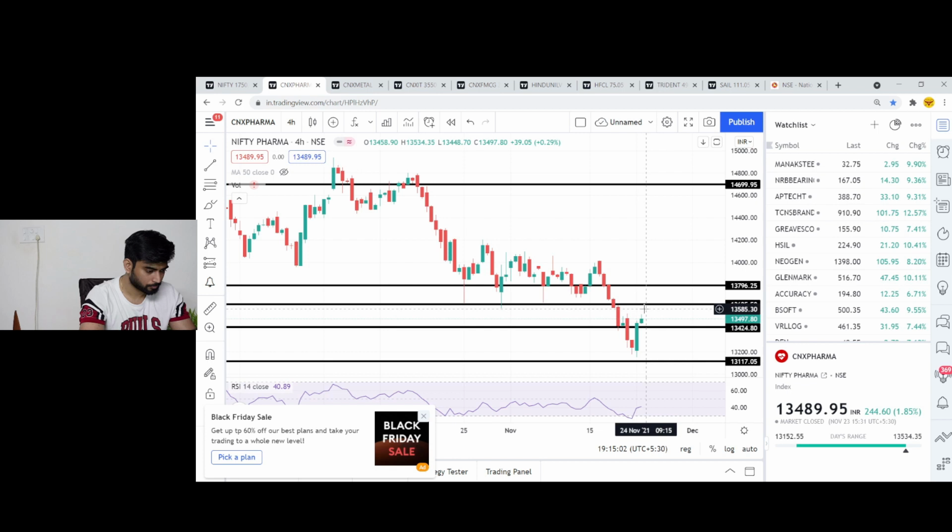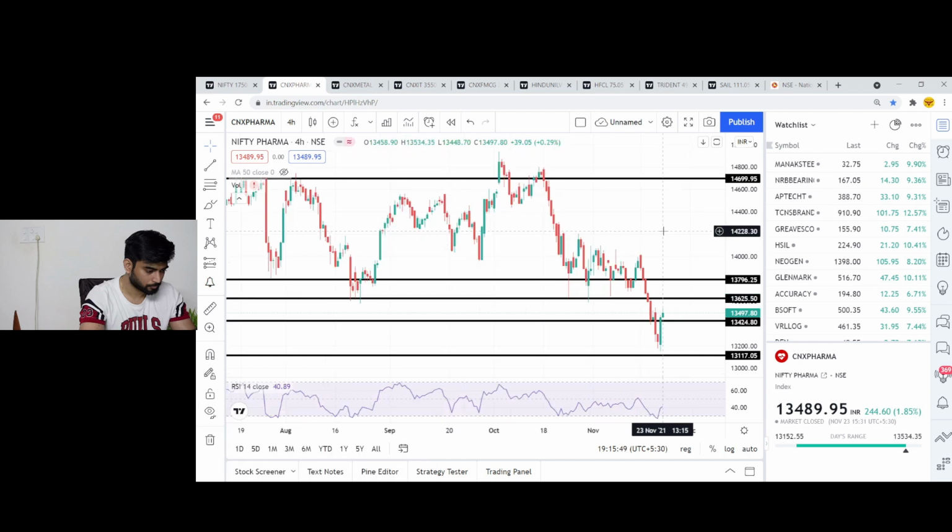So if you just look at this particular chart, Nifty Pharma has given a move of 1.85% when Nifty only rose by around 0.5%. So this is giving us an indication that Nifty Pharma in particular is comparatively stronger than the overall market sentiment. There is also news getting circulated where the UK and Germany especially are on the verge of getting hit by a new COVID wave. So this news can impact the market. But yes, pharma is the sector which may benefit even after the rumors of this kind of news. So Nifty Pharma, or the pharma sector in particular, you can keep a watch on.